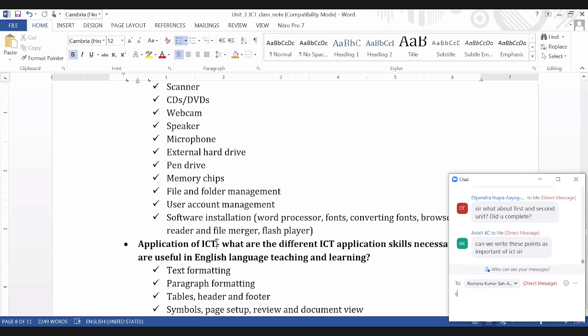One thing, another is the application of ICT part, and here the teacher should have text formatting. So we have to design the materials, then we have to format it, design गर्ने, formatting गर्ने हैन. Then printing, then we use in the class, we do photocopy and use in the classroom. So text formatting पनि गर्न जान्नु पर्यो. And paragraph formatting, हामीसँग text हुन सक्छ, more than 2 paragraphs हुन सक्छ. Then formatting to the paragraphs, inserting tables, header footer, maintaining header and footer हैन, पेज नम्बर दिने, हेडर फुटरहरु लेख्ने,